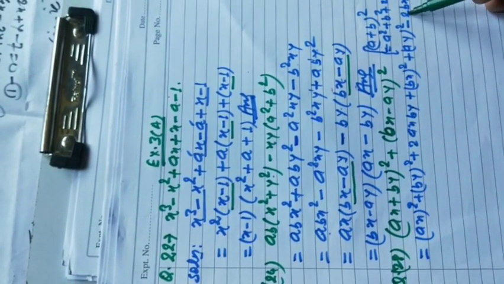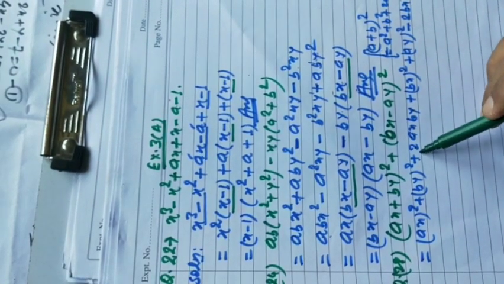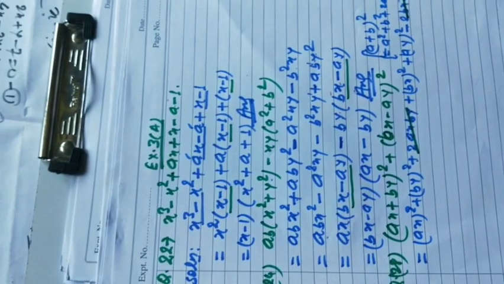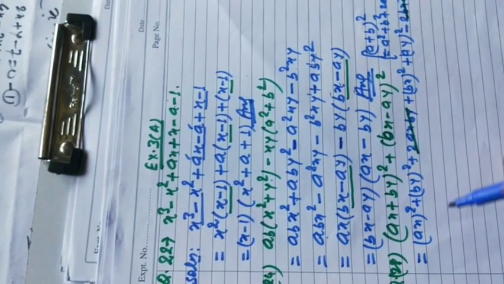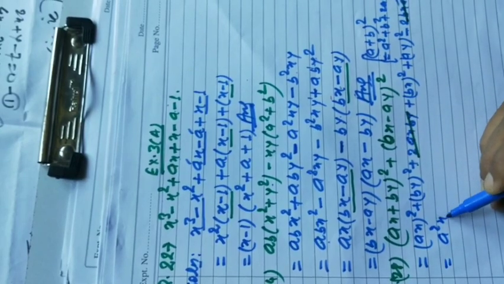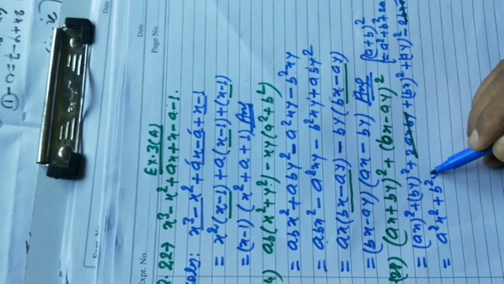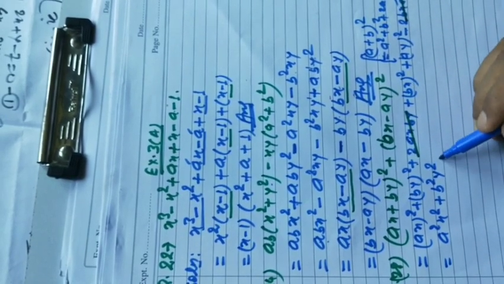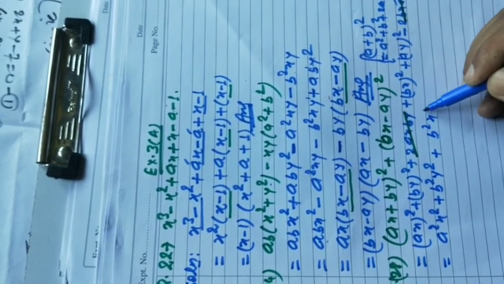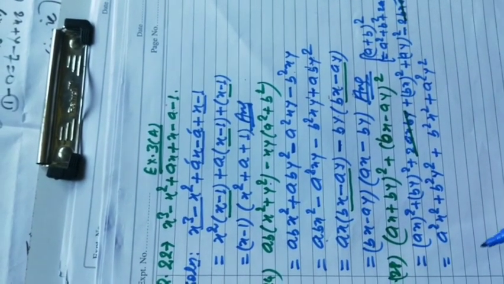2abxy is here and 2abxy is also here, and this is minus and this is plus, so it will be cancelled. Now the ax whole square will be a square x square plus b square plus b square y square, and this will be b square x square plus a square y square. Now